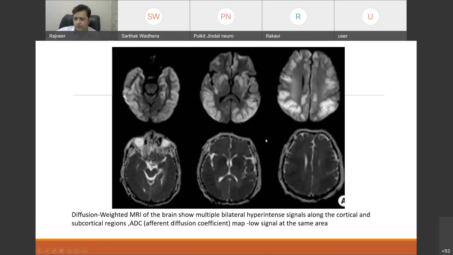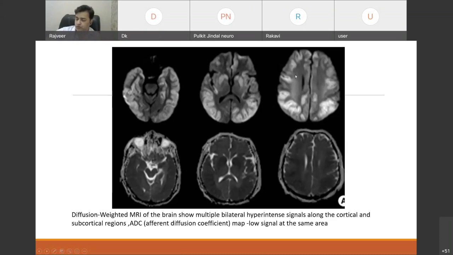So how do you differentiate between stroke and these patients? There are two important differentiating features in neuroimaging, especially in MRI. First, in hypoglycemia, lesions are bilateral. And second, these lesions don't follow a single vascular territory. Like in this MRI, you can see this area is supplied by PCA, this is supplied by MCA, and this is supplied by ACA. So it's involving all three territories. This is not possible in stroke.